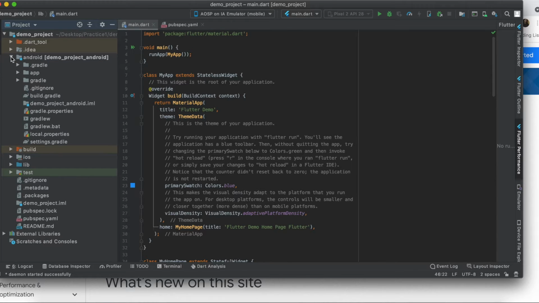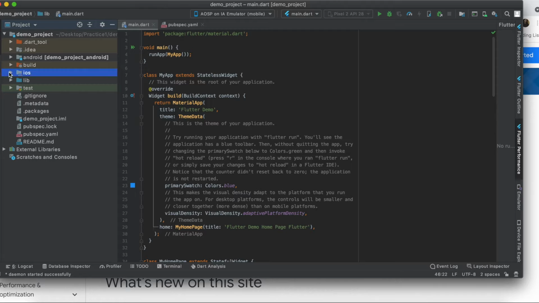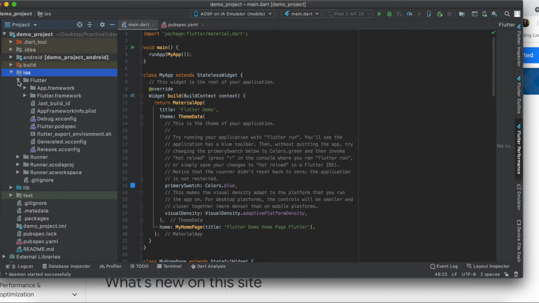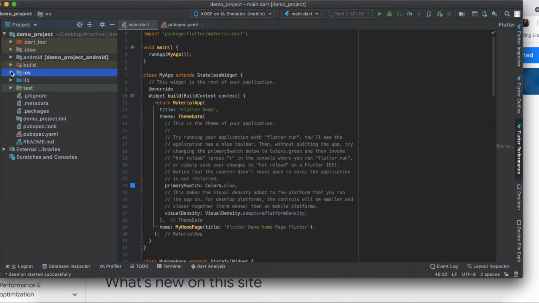Apart from this, we have certain files over here. This Android folder is basically for your Android code. Then we have this iOS folder, which is again for your iOS code, and iOS or Android developers would know what this is all about. Then we have this lib folder, which is very important. We have all the files over here. This is the main dart file, the main file that we should have. Whenever you write C code also, we have a main method from which we can run the code. So this is your main file from which we can run our Flutter application. And then we have this test folder, which is for testing purposes.